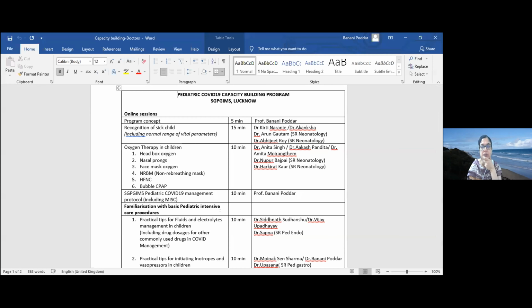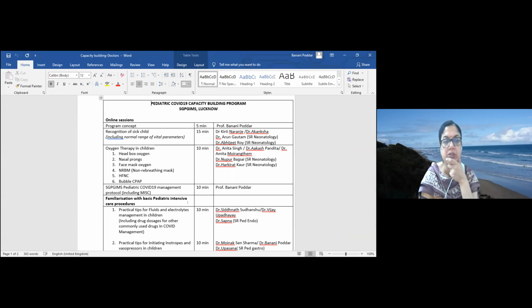We are happy to start the first session of the Pediatric COVID-19 Capacity Building Program. And let us hope that we move forward from this, and subsequently we also have something for non-COVID children like this. Because overall, a lot of children do get admitted in the ICU or in the whole hospital. And simple measures, as has been outlined in this, can improve their care.